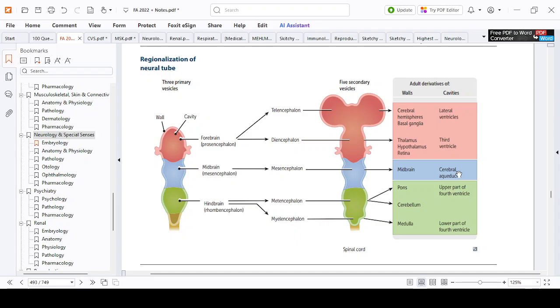First we have the lateral ventricle, the CSF flow. If you remember, from the lateral ventricle, the CSF will go into the third ventricle through the foramen of Monro, and from the fourth ventricle into the